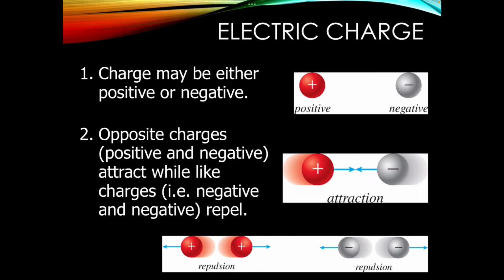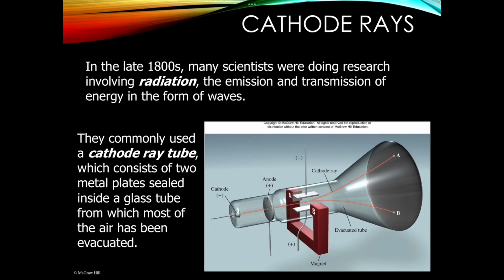But let's take a brief digression and talk about charge in general. If you haven't had physics or anything else to do with electricity, there are two different types of charges. Charges can either be positive or negative. If it's positive, we denote that with a plus sign, and if it's negative, we denote that with a minus sign. Opposite charges attract. You've likely heard in life that opposites attract. That's true in chemistry. Positives and negatives will attract each other, whereas like charges, two positives or two negatives, will repel each other. All right, so we needed to know that before we can talk about these experiments.